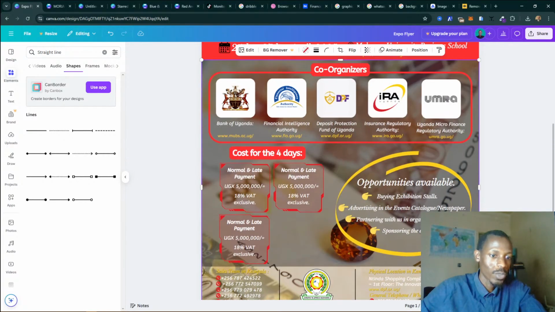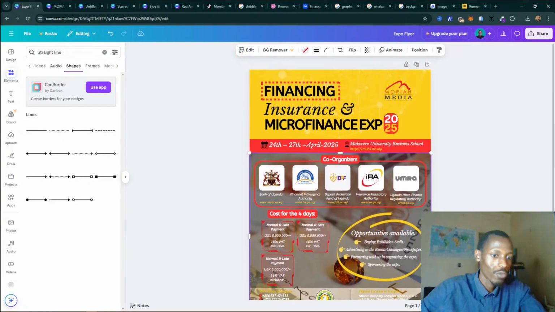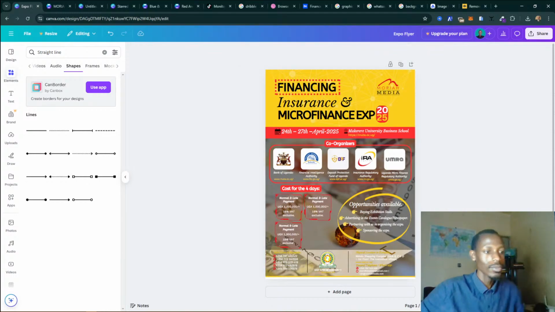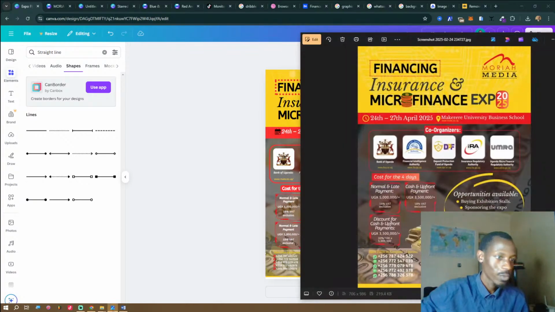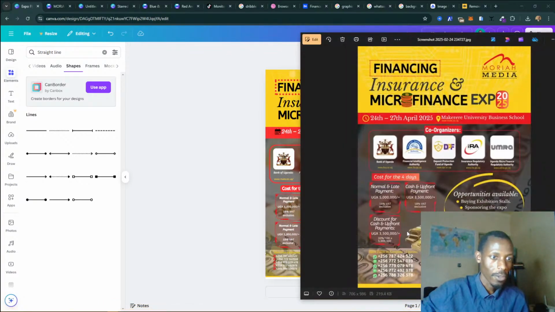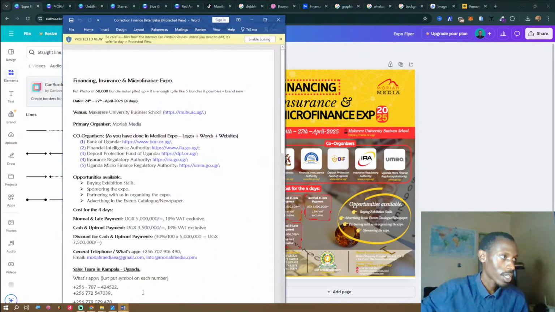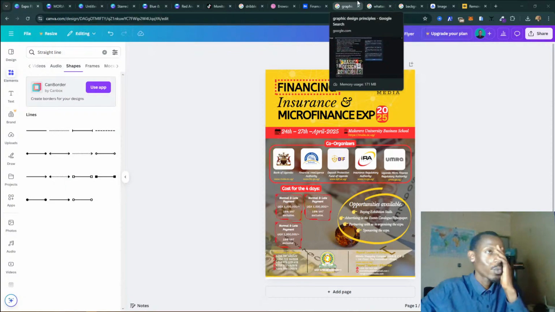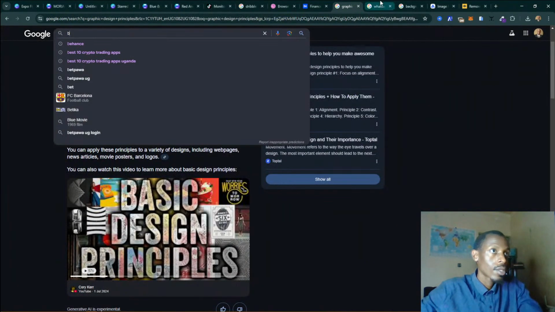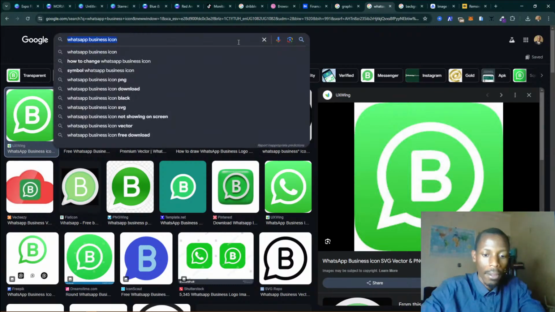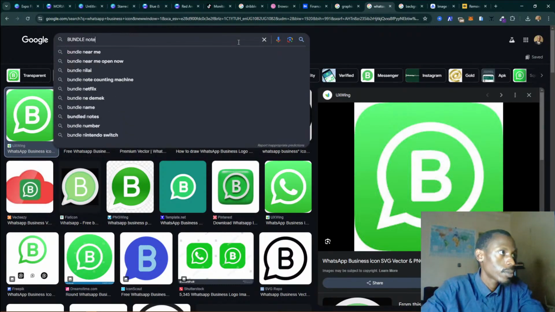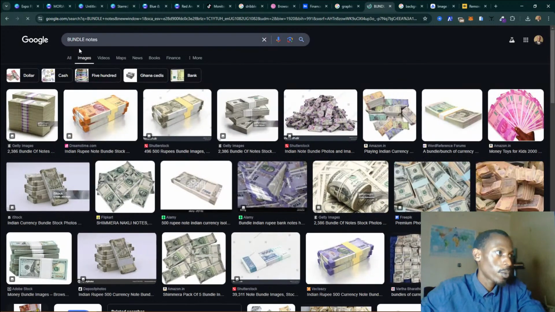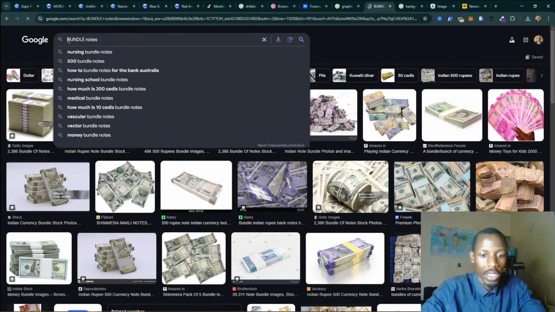Alright, so this is what we have created today from scratch, from a blank canvas to this. The last thing you might want to place is this money pile. The good thing is the client gave me a good name to search, which is bundle notes. So in that case, I just went to Google and searched for bundle notes, but also make sure it's a 50k bundle,